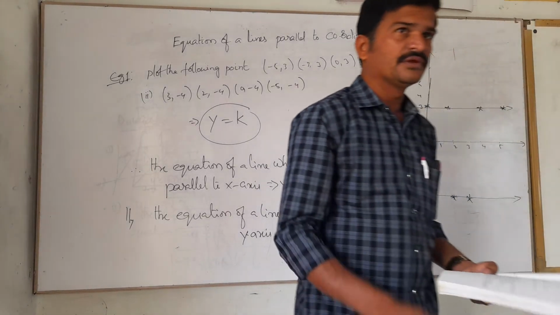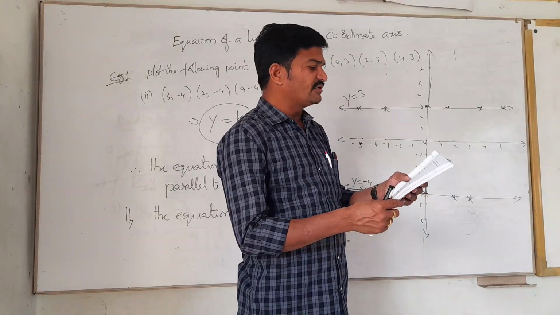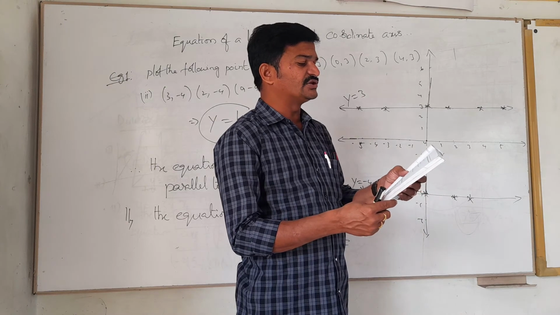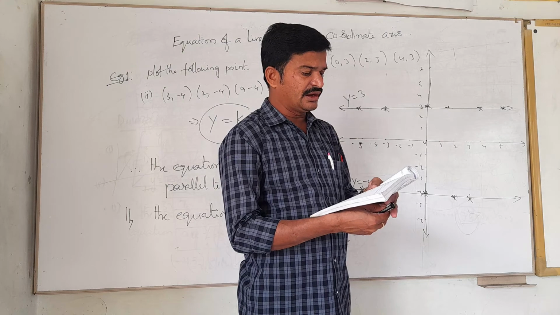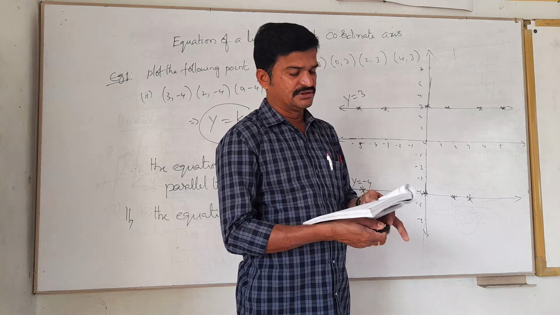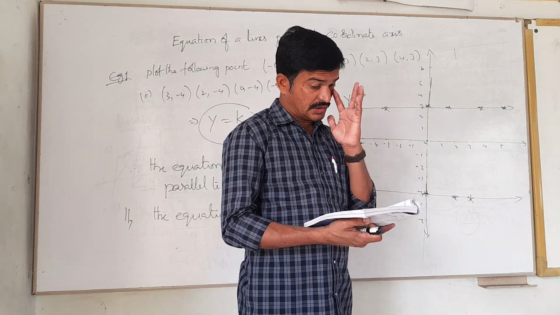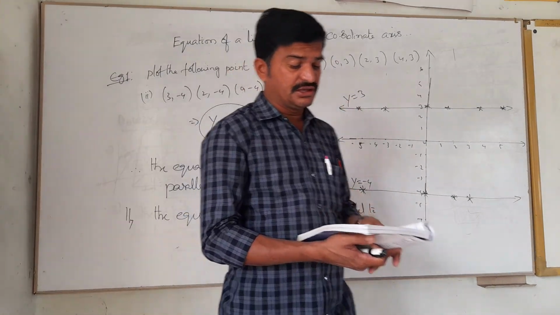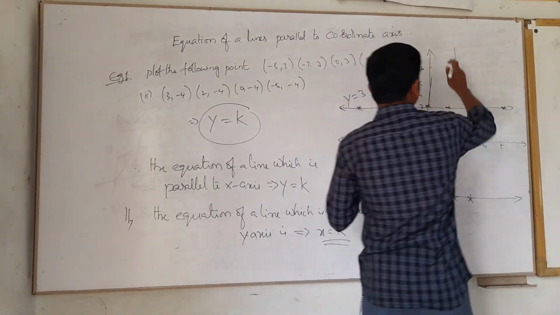Next, 1 minute. Exercise 4.4, all of you. Give the geometric representation of y is equal to 3 as an equation in one variable and in two variables. So how can we give y equals to 3 as an equation in one variable? So y equals to 3.